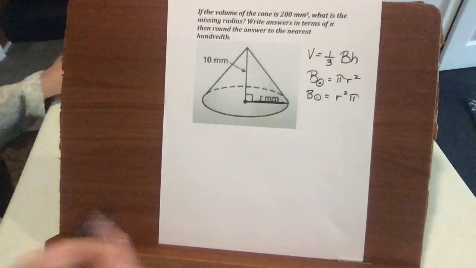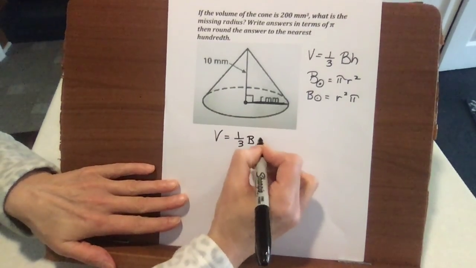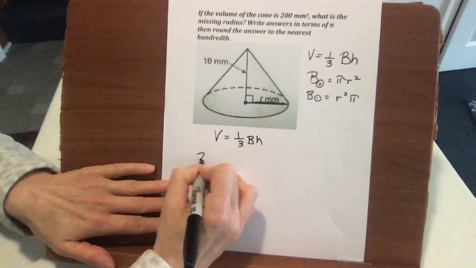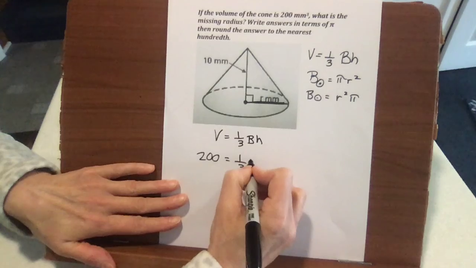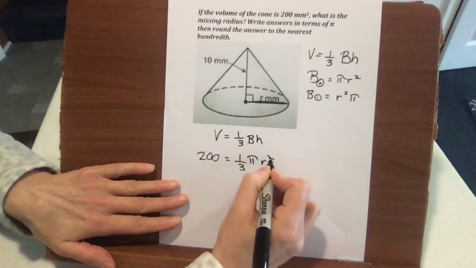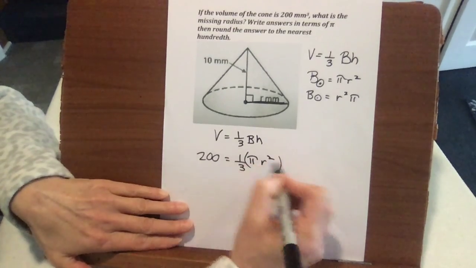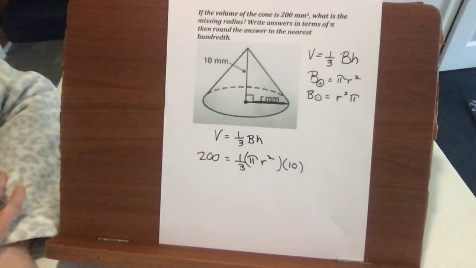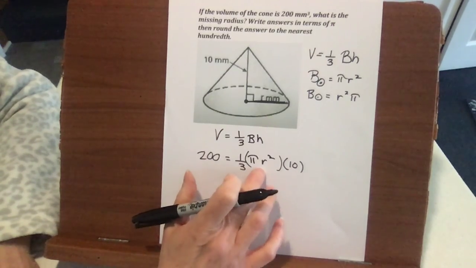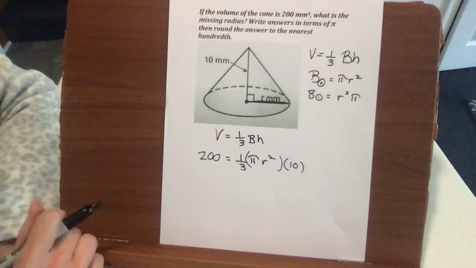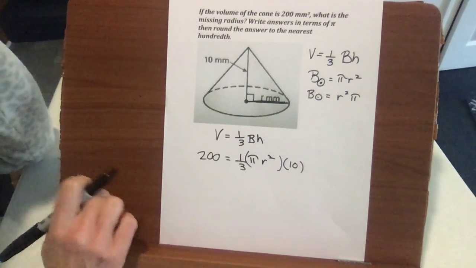Okay, now, volume. Volume equals 1/3 of that base area times our height. Our volume is 200, so we're going to substitute in 1/3. Our base area is pi r squared. Okay, I think that's just easier to write and say. And our height is 10. All right? So now what we have to do is divide and isolate our r squared so that we can then use square roots to take the square root of the number that's left on the left-hand side here